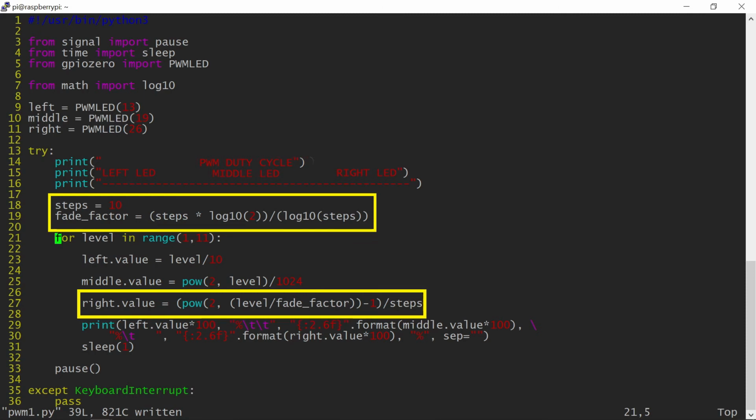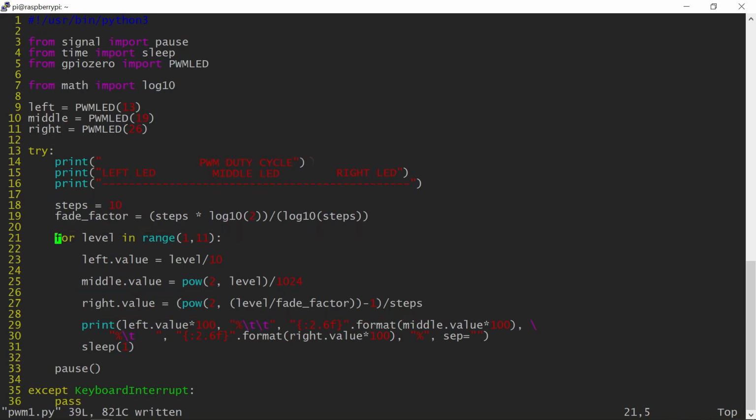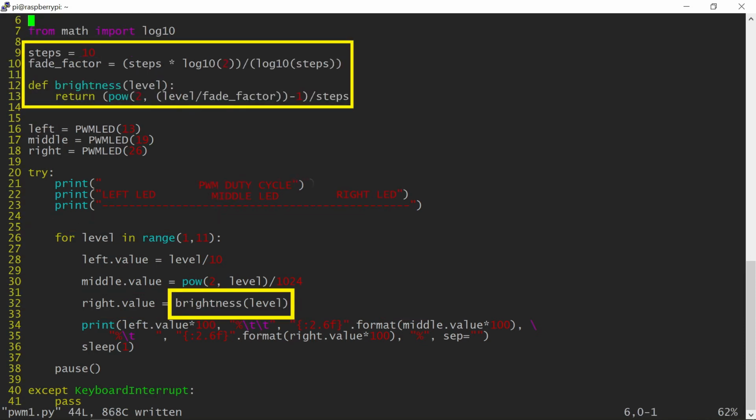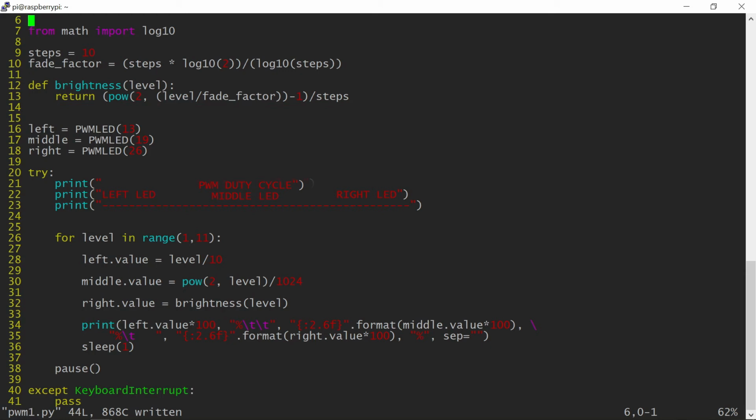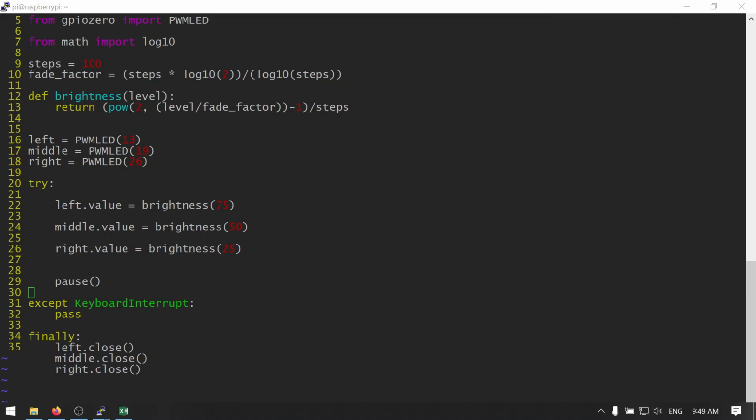It makes sense to, at the very least, put it in a function. This way you clean up your program and avoid duplicate code if you use it in more than one place. Here's what the program would look like after this. Of course, this doesn't change the way the program works. While I used loops to demonstrate this concept, this formula can be used directly with the value property of the PWM LED, similarly to what I did at the beginning of this video, but now the values will not be referring to PWM duty cycles, but to brightness levels, making it a lot easier to understand and work with.